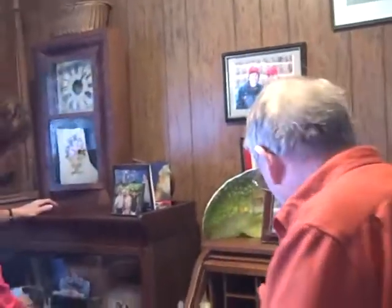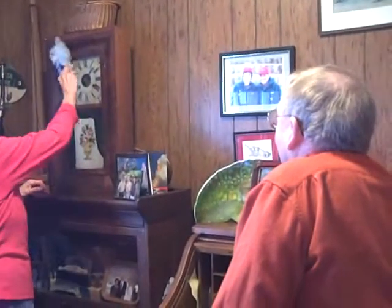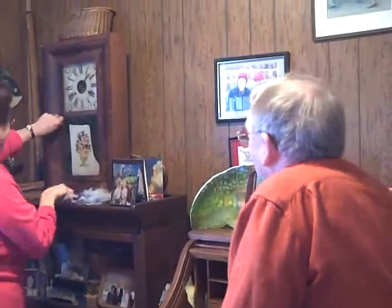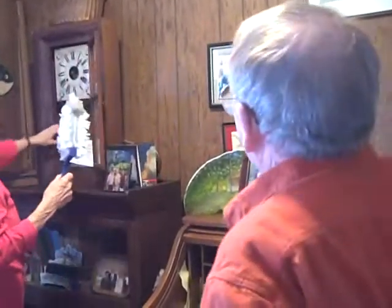So this clock has been here for, I don't know, how long has it been? 20 years or so, 30 years ago. Anyway, this clock has been here a long time. And as she was cleaning it, go ahead and show us what happened. As she was cleaning the clock, obviously she hadn't cleaned it too thoroughly for a long time, but inside